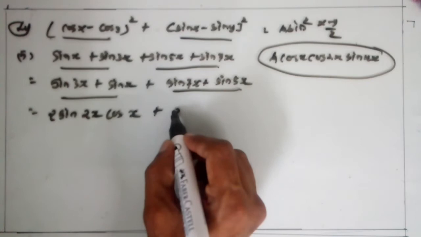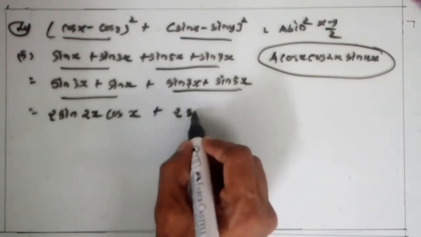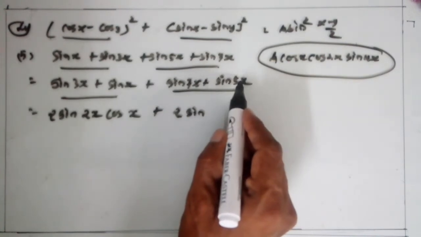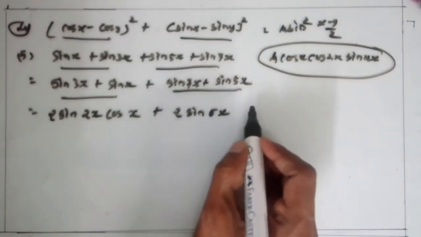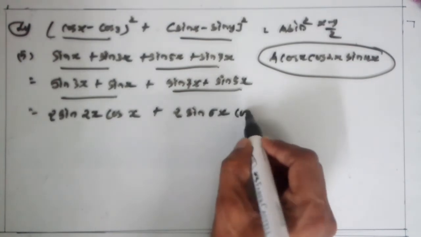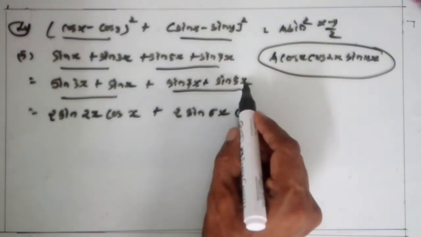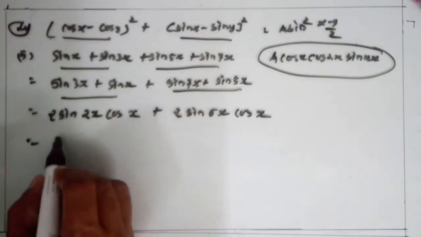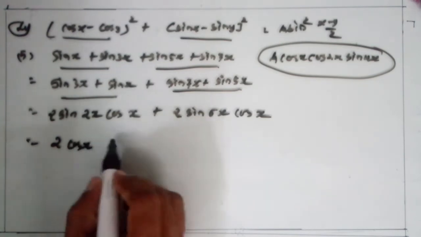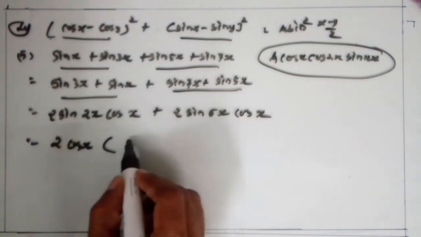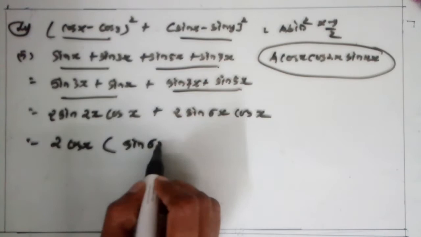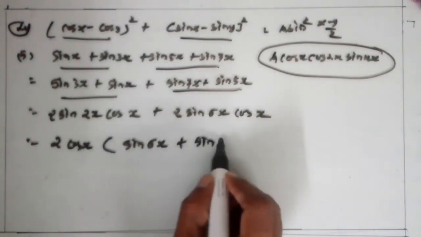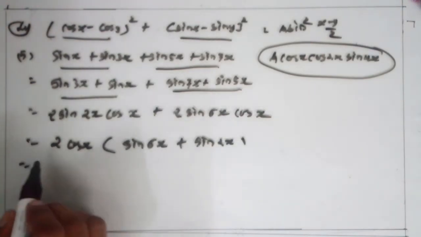s plus s is equal to 2sc. 2 sin, take addition of these 2, 7x plus 5x, 12x by 2, that is 6x. Clear? Into cos, subtraction of these 2, 2x upon 2, that is x. So is equal to, now 2 cos x take common from these two terms. So remaining terms, first write sin 6x plus from this here sin 2x. Clear?